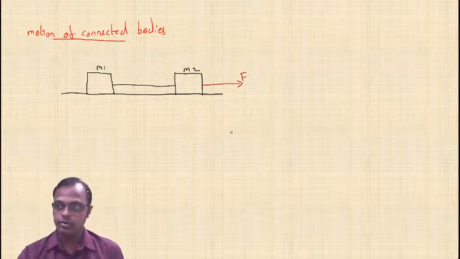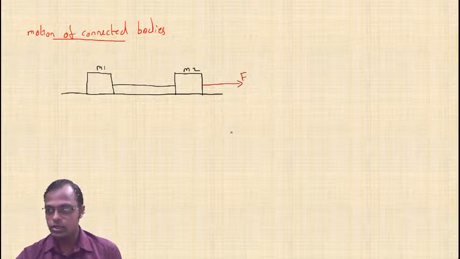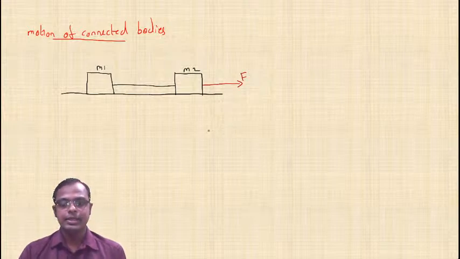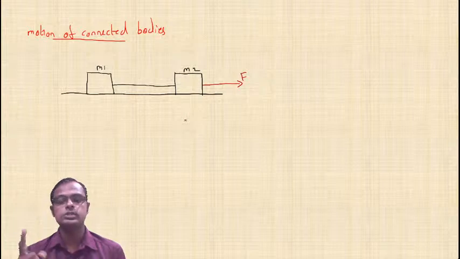Is it only M1 that will accelerate? M1 and M2 will move to the right. Okay, Mary, correct. M1 and M2 will move towards the right. Everyone is typing now. M1 and M2 move towards the right. Moreover, you can see here M1 and M2 will now start accelerating towards the right. I hope it is clear.